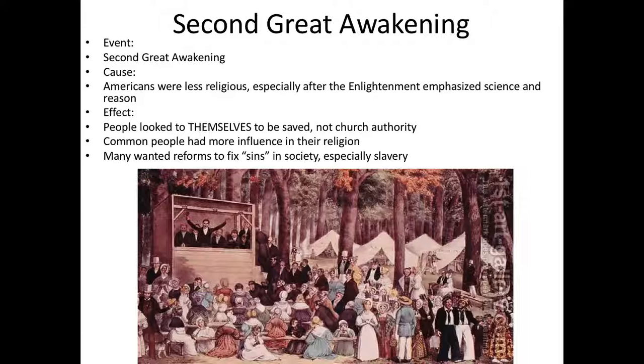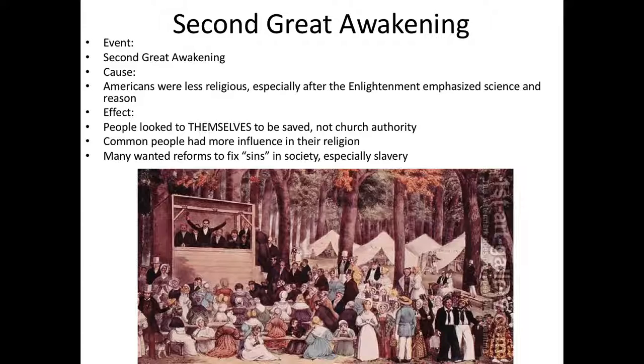And what ends up happening is that as a result of the Second Great Awakening, a lot of people become religiously enthusiastic for the first time in their lives, or maybe for the first real time in their lives, and then they suddenly say, let's fix all the sins that are in society. Let's fix all the things that God doesn't like in society. And in the end, they especially will target slavery, and as you know, that will spark the abolitionist movement.